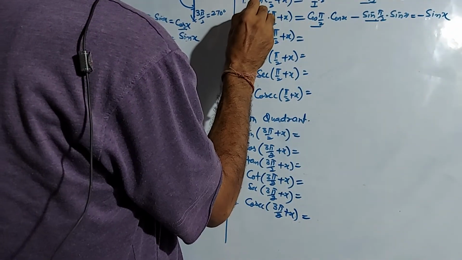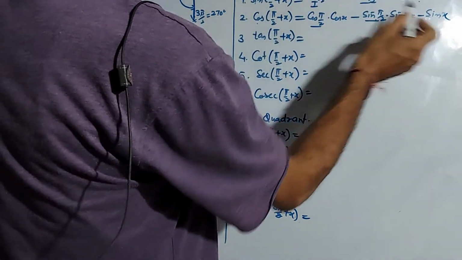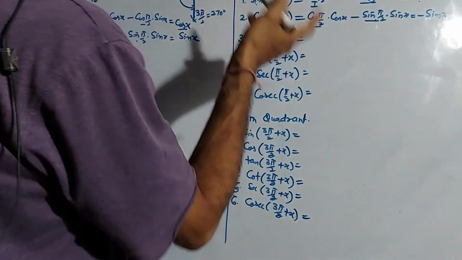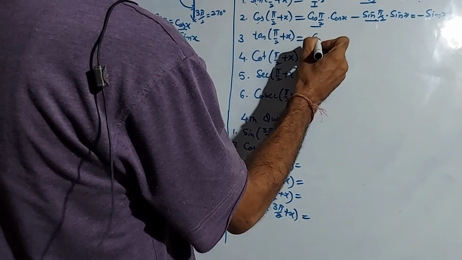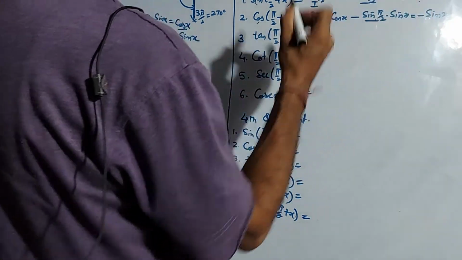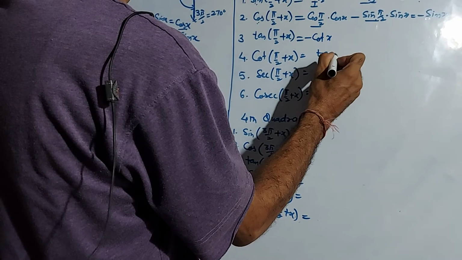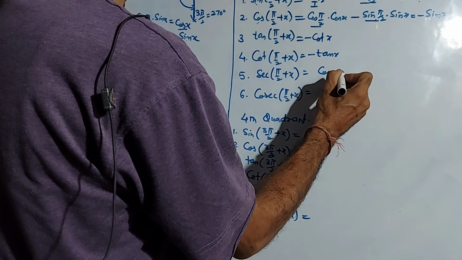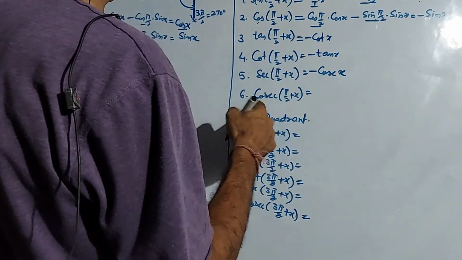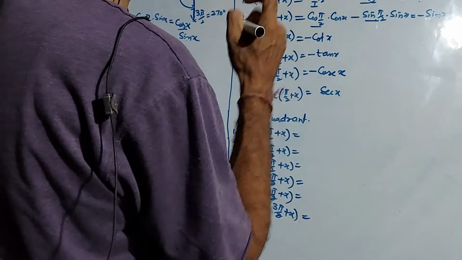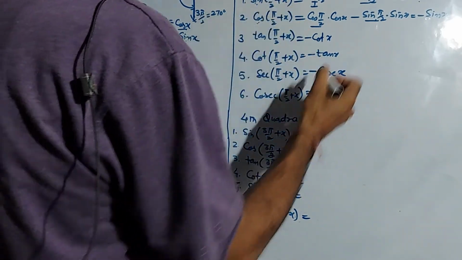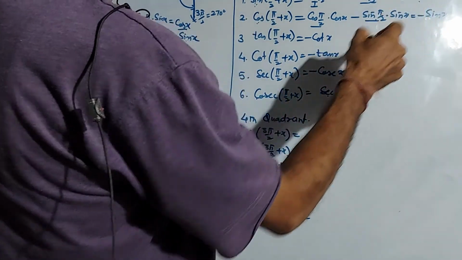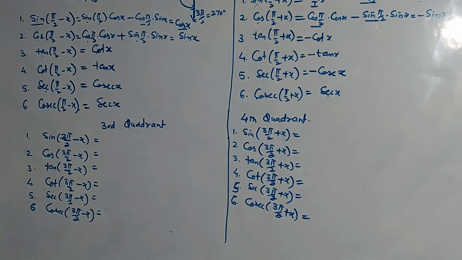Now see, sine is again changing to cos, cos is changing to sine, but sine is positive in the second quadrant, and cos is negative in the second quadrant. Because of this, tan will again be cot x, but negative because of this cos. Cot is tan x but negative. Secant x is cosecant x but negative. Cosecant is positive, because cosecant is the reciprocal of sine. So in the second quadrant, sine and cosecant are positive, others are negative. Again all the t ratios are changing.